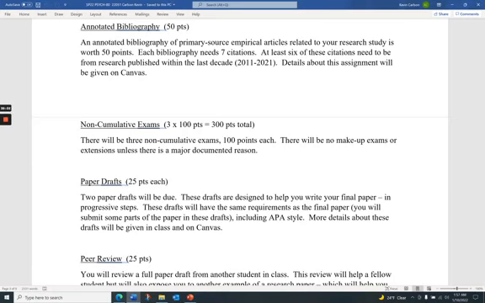Because of COVID and that we're online, there are going to be some changes to that. You will still be doing a research project, a research paper, but you're going to be doing it individually. You know that group work can be difficult oftentimes, even if you're meeting in person. But my experience is group work when we're online can be extremely difficult. I've had problems with people trying to connect with each other in online classes. So I say that we're going to drop the group stuff and we're going to have you do some individual work.